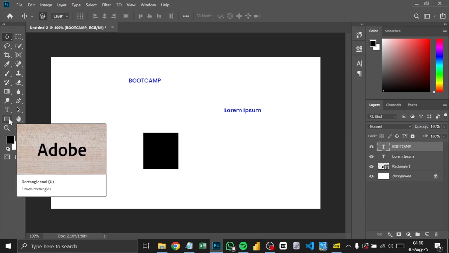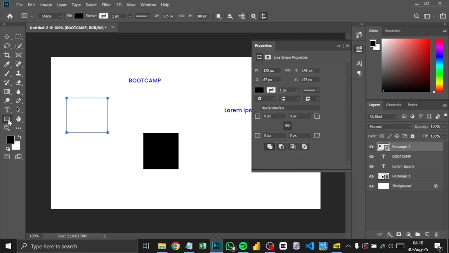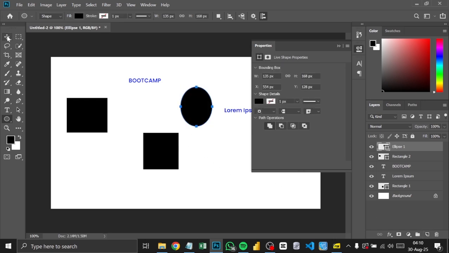So another one is the shape tool, where you have the rectangle, rounded rectangle, like this is a rectangle. You have the ellipse. As a designer, you make use of this a lot because you are going to use shapes. So we have a topic on shapes where you are going to learn how to use these tools. So we'll get there. We have the hand tool which you can use to